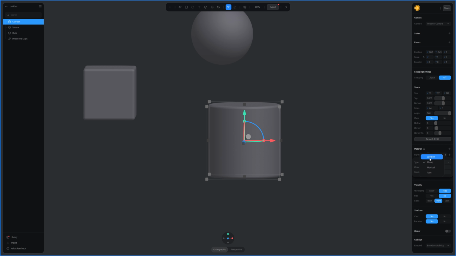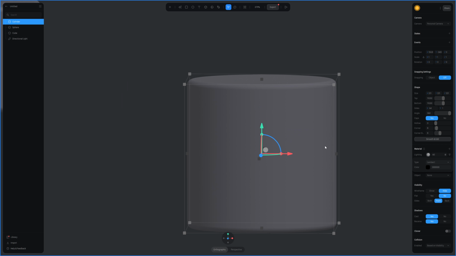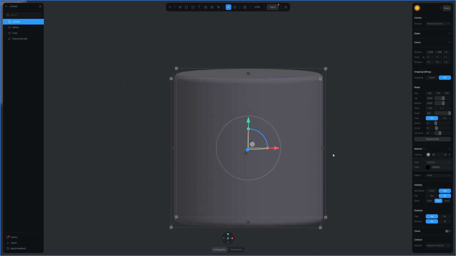We can choose a Lambert, and it is more matte and without shining highlights, and is good for such objects as concrete or maybe sand. Then we have phong,